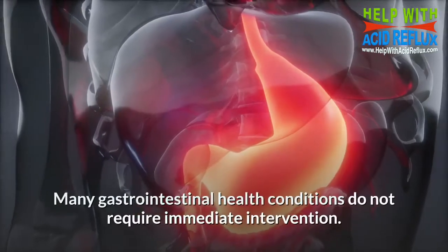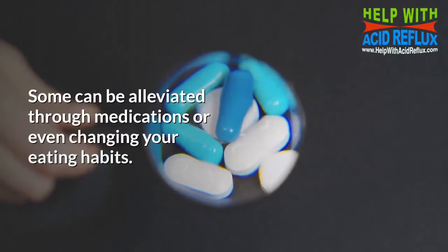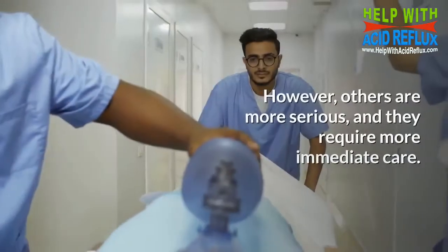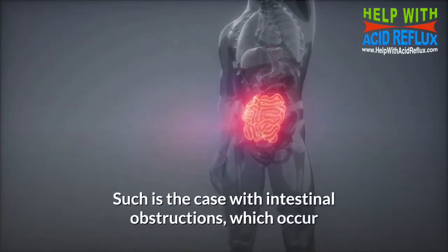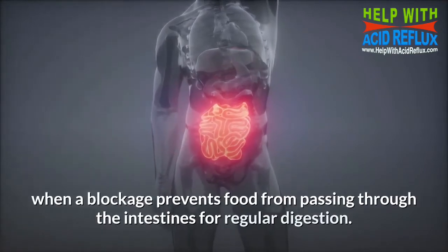Many gastrointestinal health conditions do not require immediate intervention. Some can be alleviated through medications or even changing your eating habits. However, others are more serious and they require more immediate care. Such is the case with intestinal obstructions, which occur when a blockage prevents food from passing through the intestines for